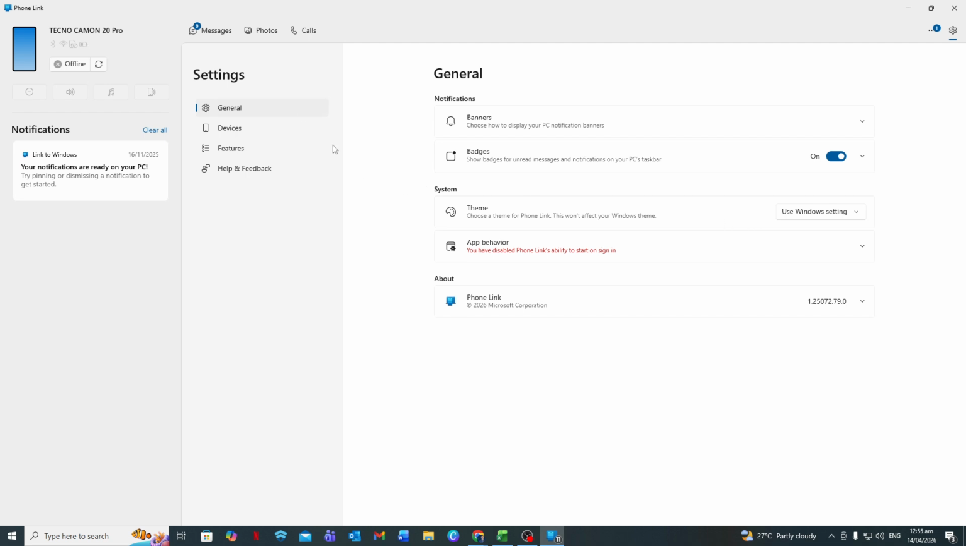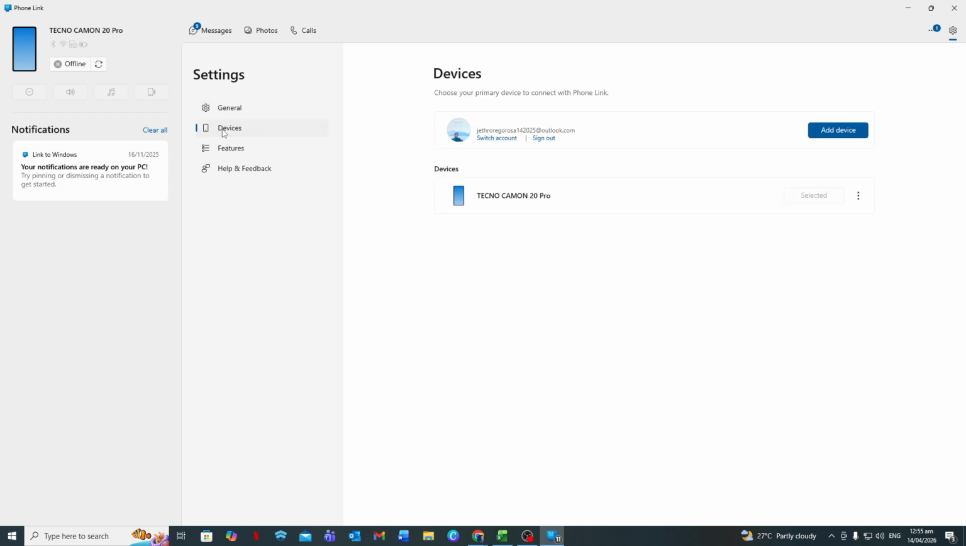After confirming that, go back to your PC and, in PhoneLink settings, choose the option to remove or unlink the phone. This clears any broken connection. Now we'll set it up again from scratch. On your PC, in the PhoneLink app, select the option to add a new device. It will guide you through a pairing process, usually showing a QR code or a code you can enter on